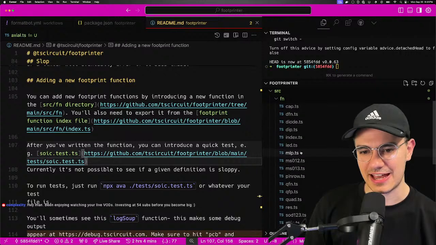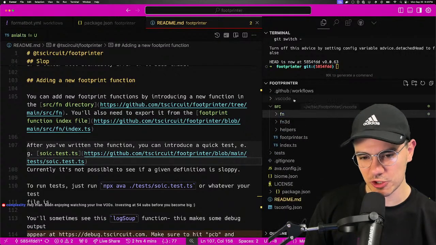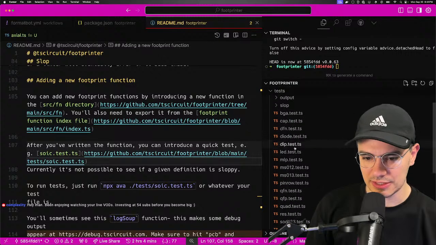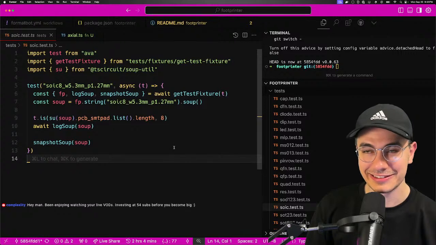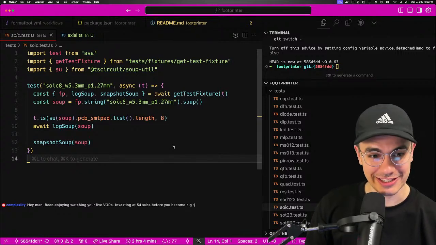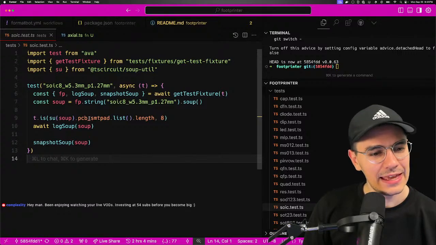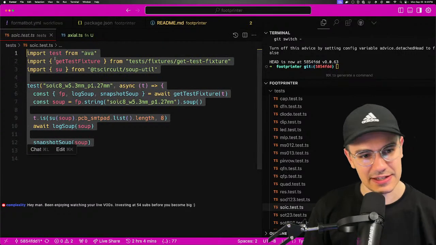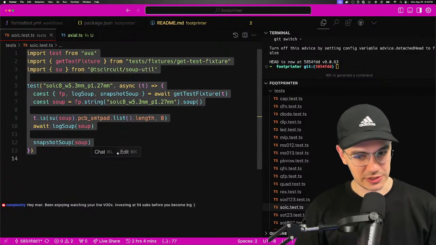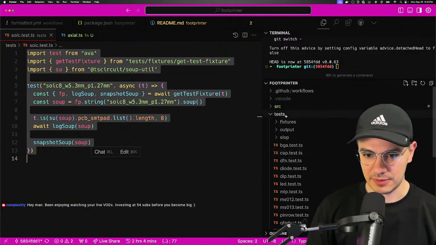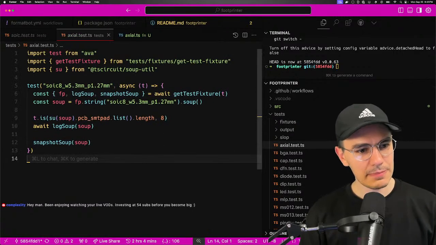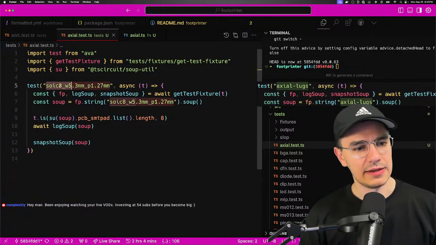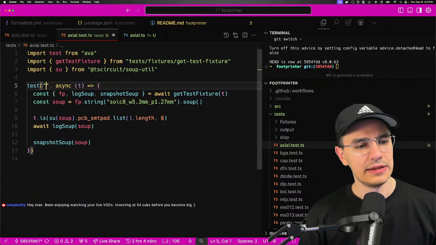You usually want to start with the test. I find starting with a test gives you so much more direction. So let's start with the test, and it says to open up the SOIC test, or a small outline integrated circuit. And okay, so this is I guess how you do a test. That seems really straightforward to me. So let's go ahead and do this. We're going to implement a new test, new file, axial.test.ts. Paste our stuff there, and then we'll say axial,